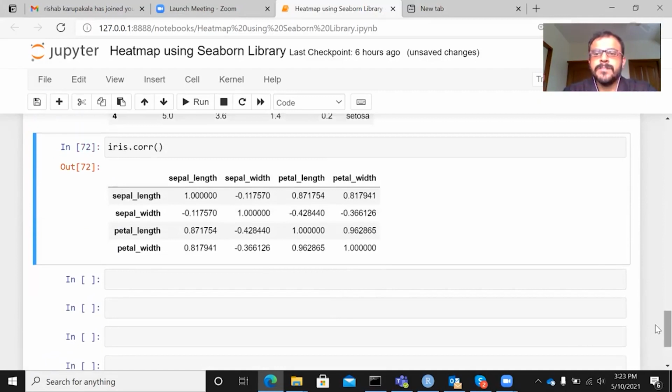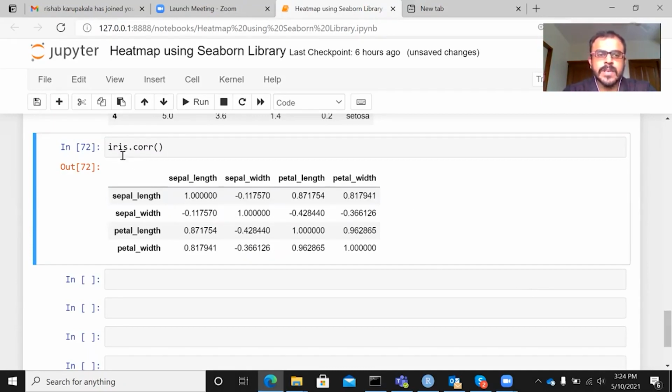You can see here, you are able to get 16 values in this particular correlation table. It becomes slightly difficult to interpret each and every number, right? Manually, if you have to look at what is the correlation between sepal length and sepal width, then move on to petal length and sepal length, then move on to sepal length and petal width. Manually interpreting each and every cell becomes a hard task. Question is, is there a way of simplifying this? Fortunately, we have heat map which comes to our rescue.